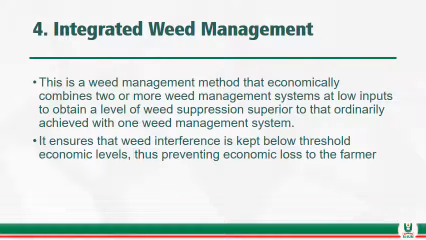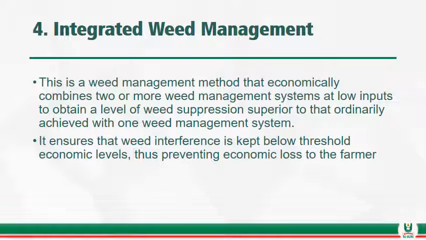Now, the fourth form of weed management is integrated weed management, which is the best so far. It talks about using two or more weed management systems at low inputs to obtain a level of weed suppression that is superior to the one that you were using before. So you are combining two or more methods, like the cultural and chemical, or biological and chemical. You are combining them so that you can keep your weeds under a very suppressed form, and it ensures that